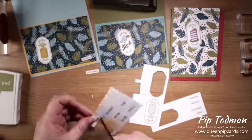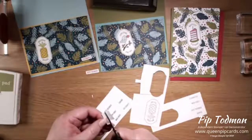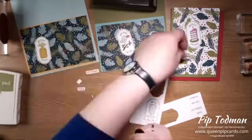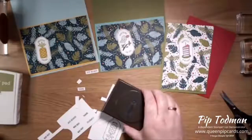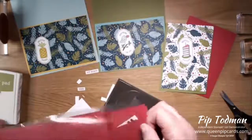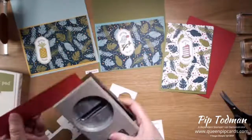So I'm just chopping these out now because I'm in the mood for chopping these out. And then we can decide which ones we want on which. I'm not sure that this one's going to work with that. So I like the celebrate, but it's a bit small and you can't really see it, can you? It gets lost. So this is when you would bring in your punch, and you would bring in some colour that would go with that. So you'd get one of your little scrappy bits of cardstock, for example, and you'd bring in your punch,